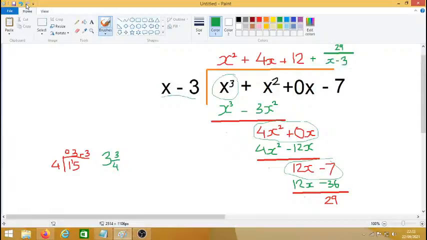Okay. So that's the first example on algebraic long division. Have a look over it again if you got a little bit lost,